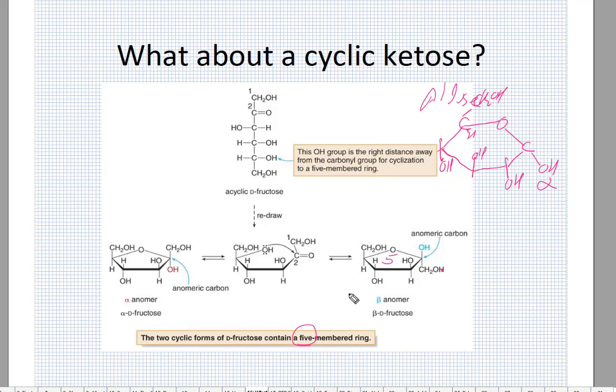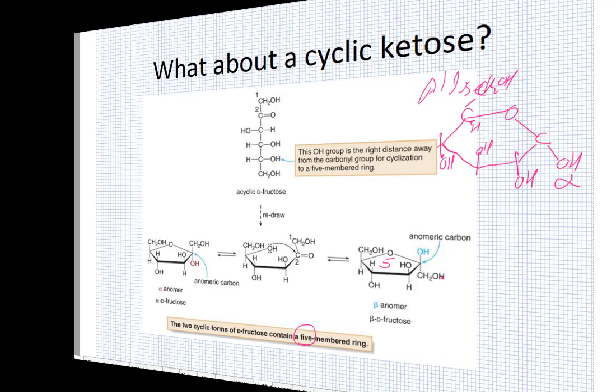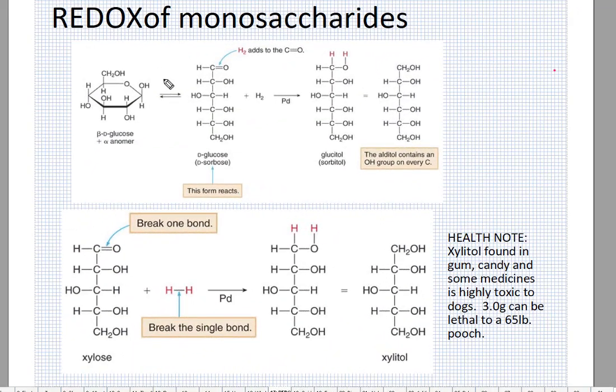And by the way, fructose is the only ketose we're going to be looking at. So it's very easy to pick out when it's fructose because it has this 5-membered ring versus a 6-membered ring of glucose and galactose. I won't get into the details here, but you should recognize this is the same sort of thing we've been talking about for a while,